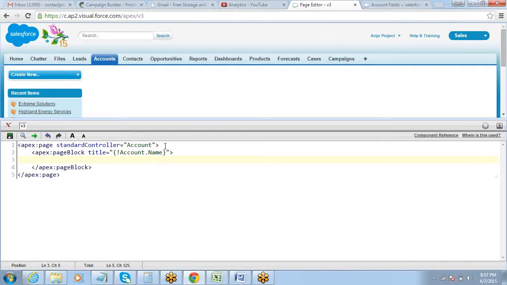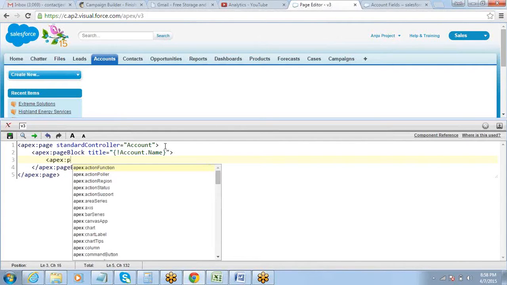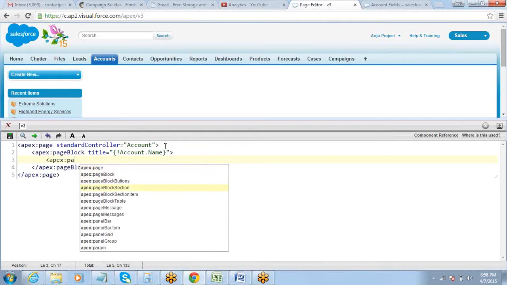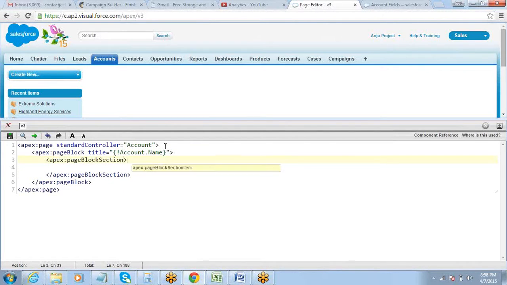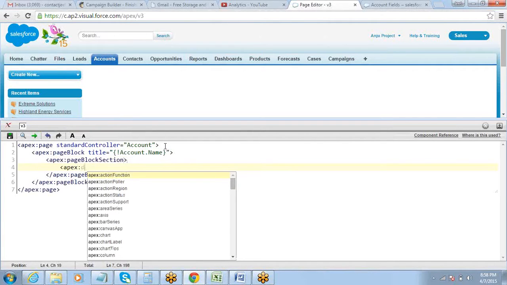Okay. Now, if you want to display all the data or all the complete data of the record. Last example we just displayed 3-4 fields, account.name, industry. If I want to display the complete record on the page, then what do I do? Then you can simply use another component which is called Apex Detail.